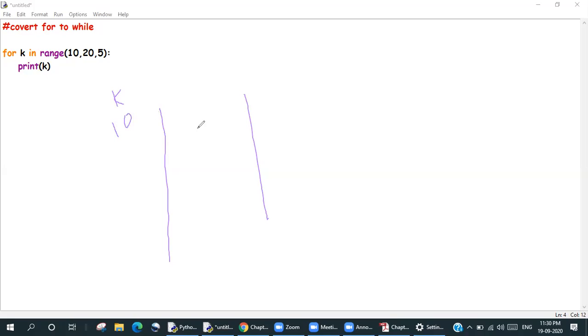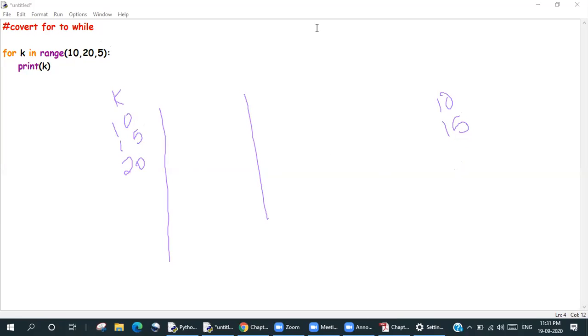And then it will go inside the loop and it will print the number 10. It will come outside the loop and it will increase by 5. So it will become 15. It will go inside the loop. It will show 15. It will come out. It will become 20. Now, when it becomes 20, will 20 be printed or not? It won't be printed. So the output will only be 10 and 15.